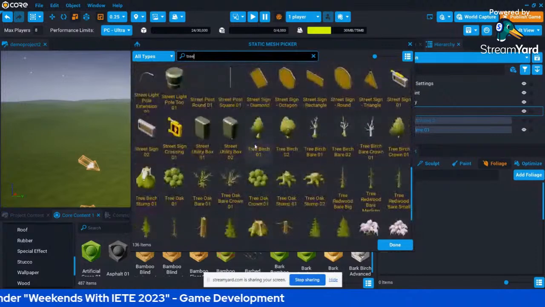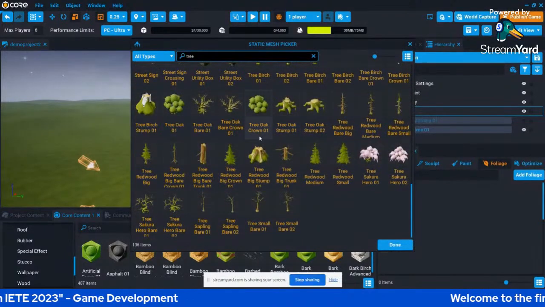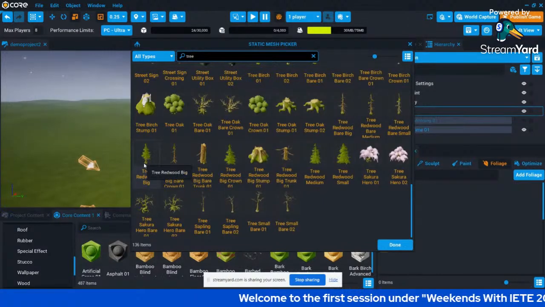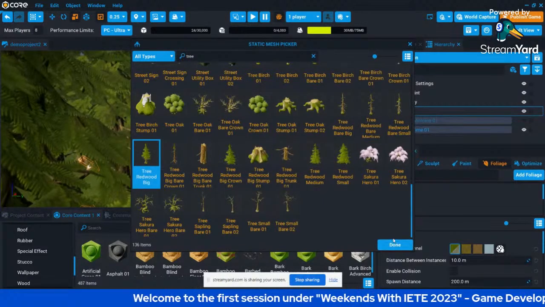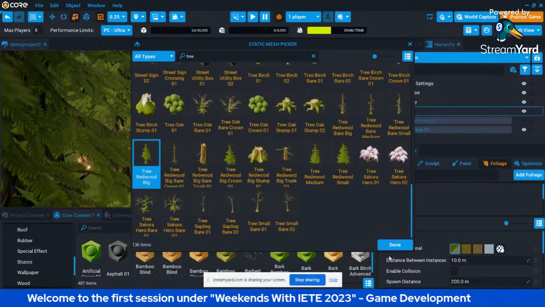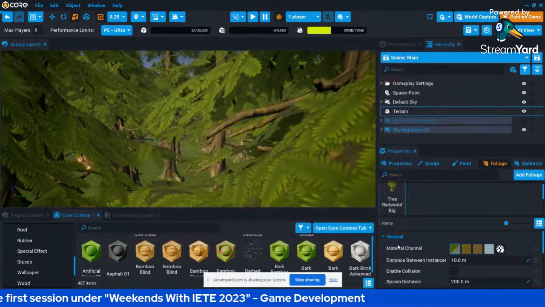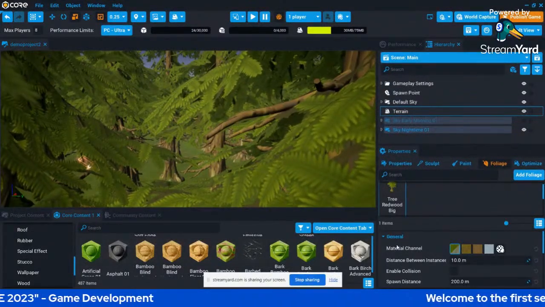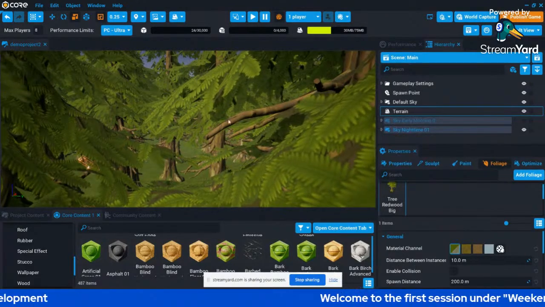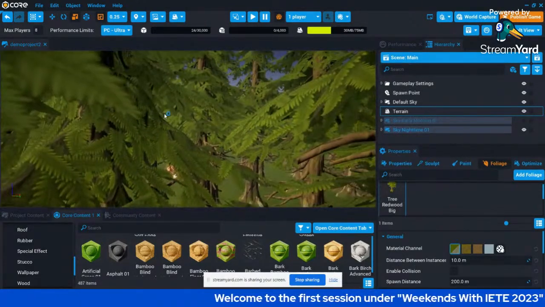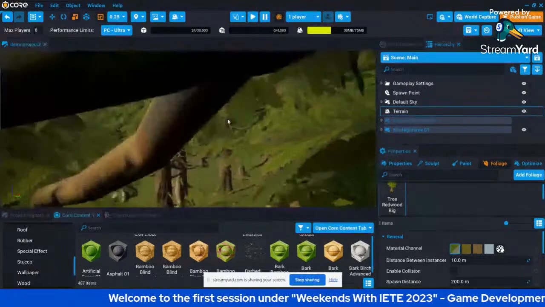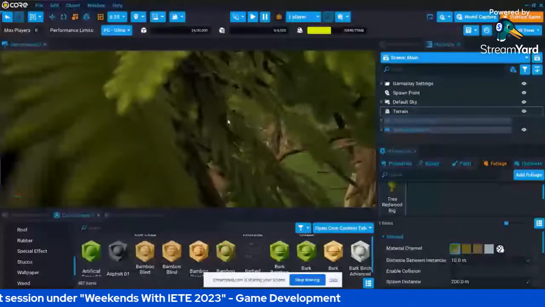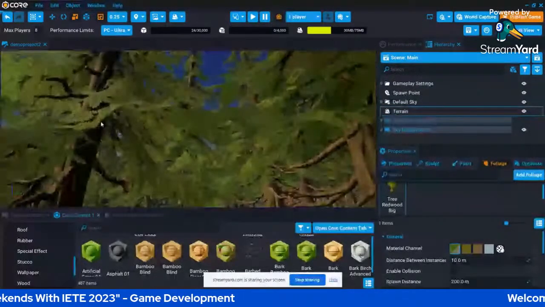Scroll down. You'll find various trees. Now let's select one. Okay, you can already see it has been loaded. Now click done. So now you already have this. Oh, it's too dim. I can't see. Just move ahead. Now can you see there are lots of trees, you can't even see through clearly.